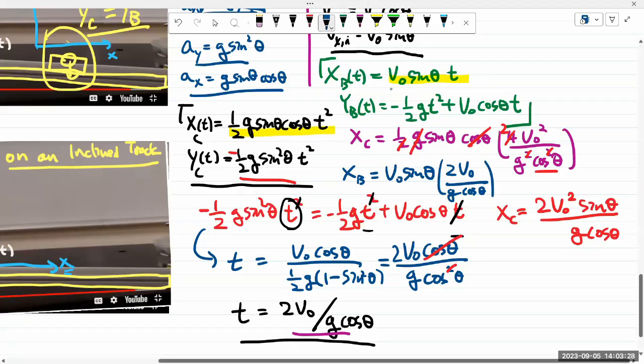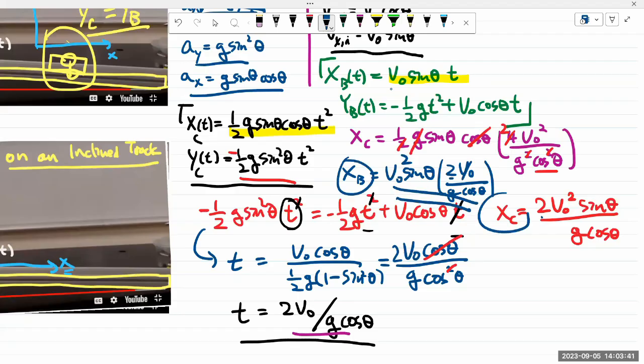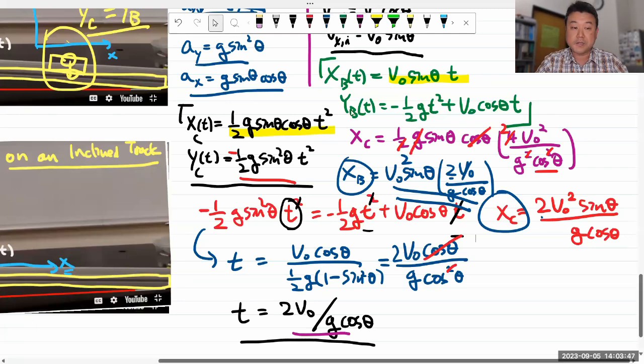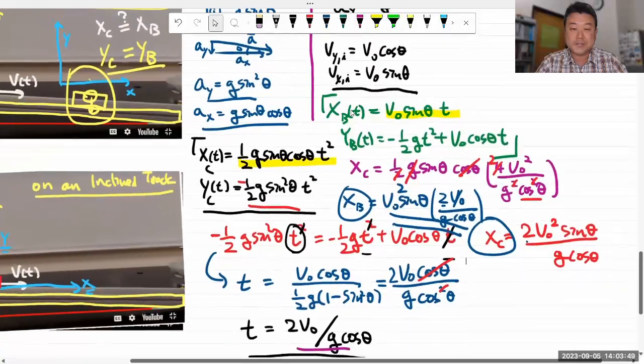So with that, I think that's it. So I have 2 there. I have v naught squared, sine theta, g cosine theta. So this indeed is equal to the position of the cart. So this method took a little bit longer, but I guess the benefit of this approach is